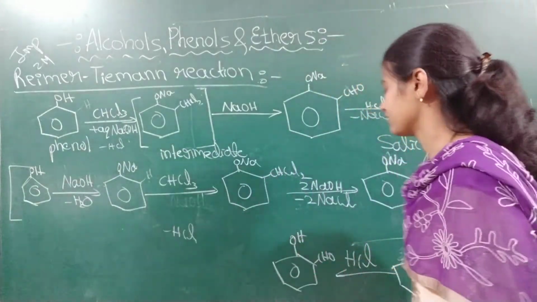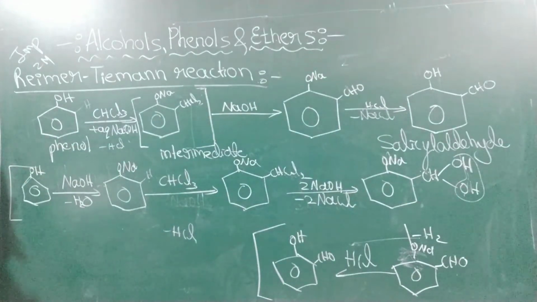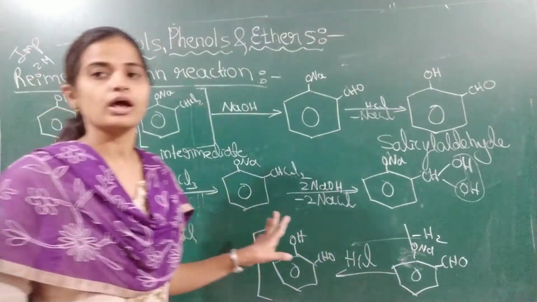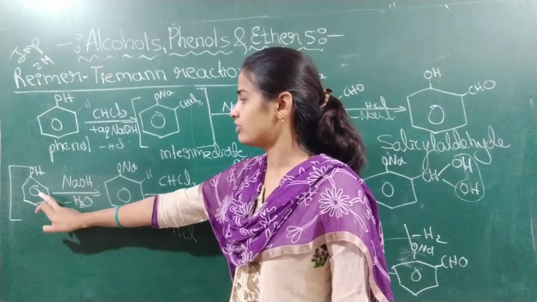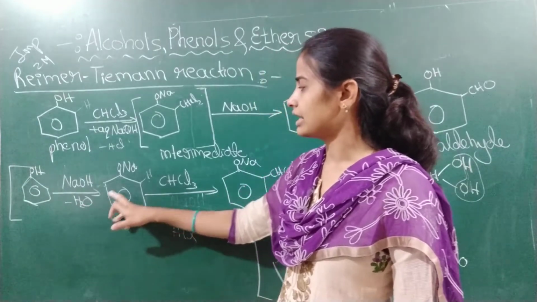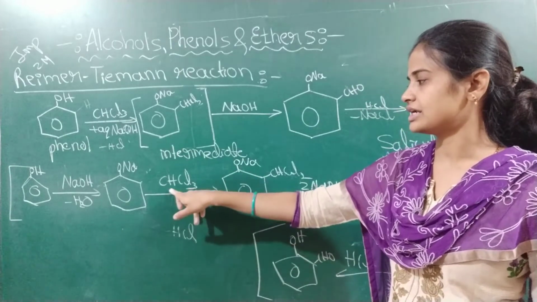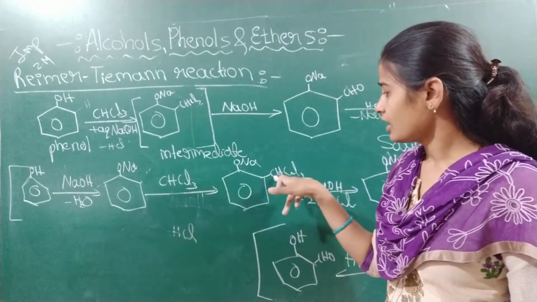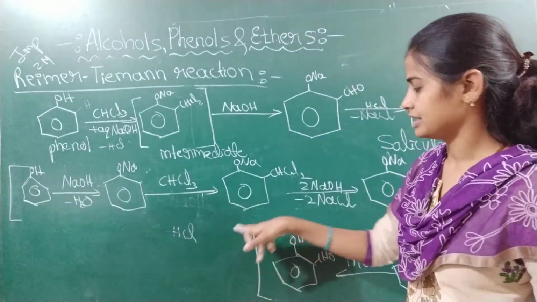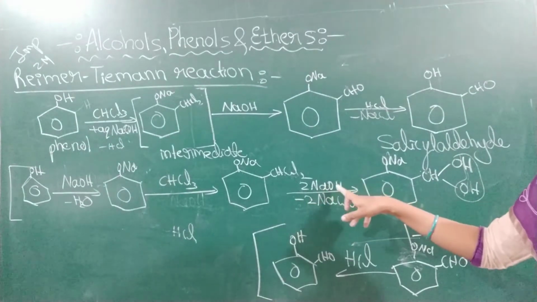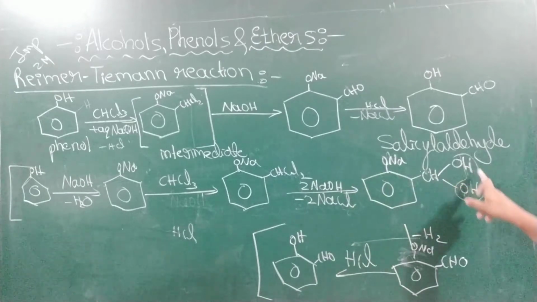Okay. If I write like this, you can understand. The reaction may look quite bigger compared to the first one, but here you can understand easily what is happening. Yes or no? When NaOH is used with the phenol, what happened? Water got eliminated to form a sodium phenate. One hydrogen was there. When the sodium phenate is treated with the chloroform, CHCl2 is formed and the HCl got eliminated. When this is treated with the 2NaOH, 2 NaCl's got eliminated and 2 hydroxyl groups are attached here.